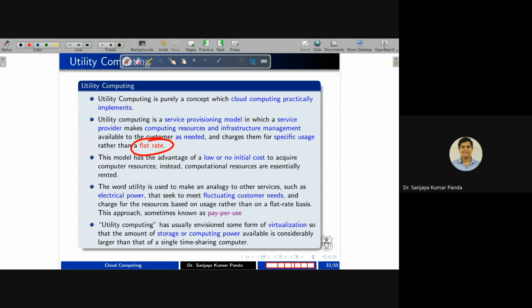Initially purchasing the infrastructure, maintaining the infrastructure, configuring the infrastructure is a very tedious job, right? But if you go for utility computing, almost the cost is nil. There is no upfront commitment. So with a low cost, you can get your resources and use them. You have to pay as per your usage. We call that a pay per usage model.